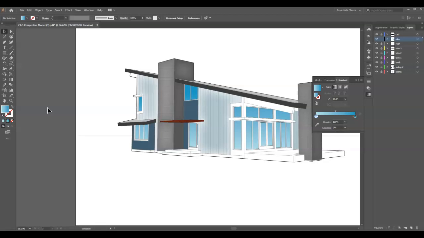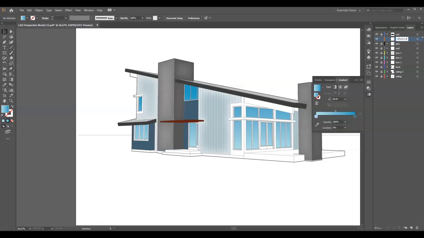Okay, so now let's do something fun here to continue with our windows. These windows are pretty good, but we can also add some interesting things into it and show you some things with gradient and some other moves. So what I'm going to do is copy these windows. I think that's the only plane I need to copy, this front window plane here. I'm going to press Control C and copy it. I'm going to lock this layer. I'm going to make a new layer, and I'm going to call it